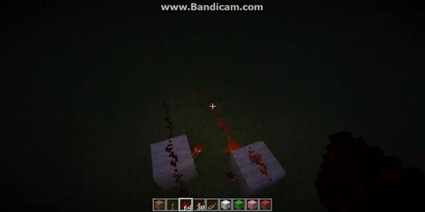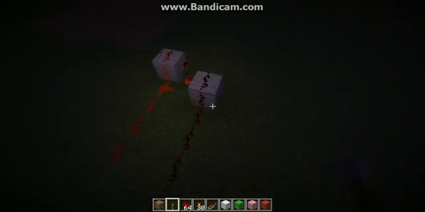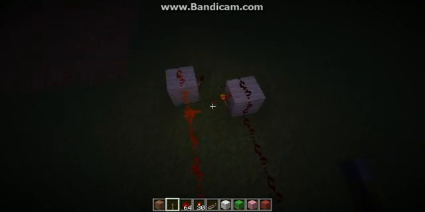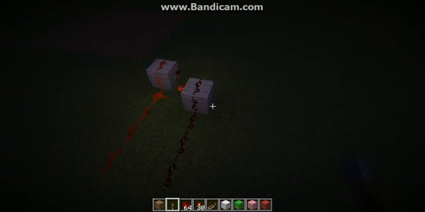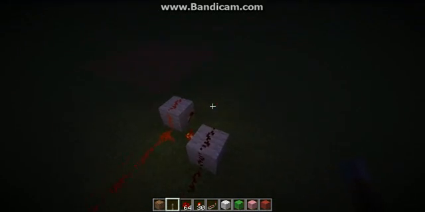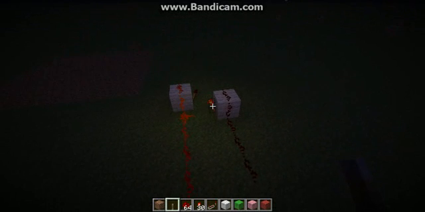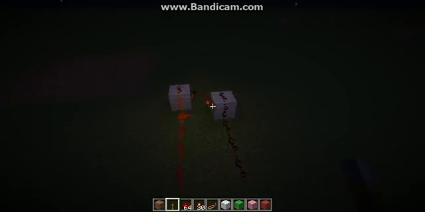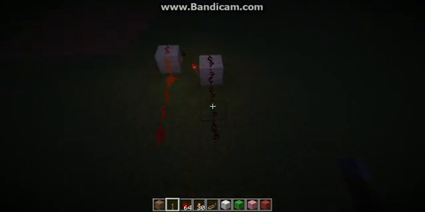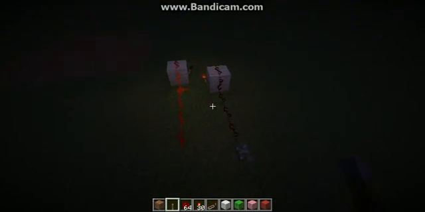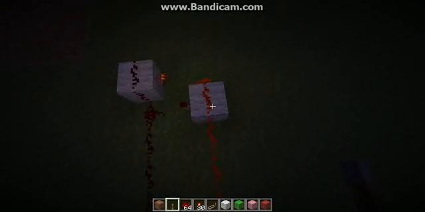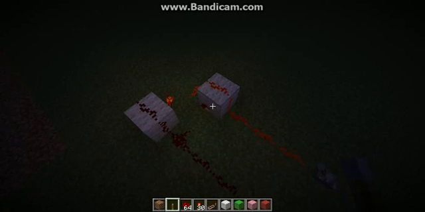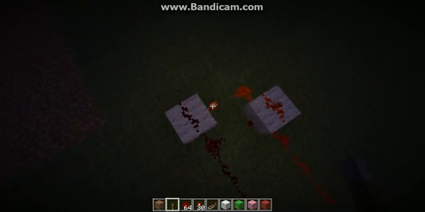But what if somehow I were to force this torch to become depowered, to stop sending out a constant redstone signal? For example, by sending a redstone signal to it and depowering it. Ooh, something interesting happens. This torch is now turned off, allowing this torch to turn on, which is sending a